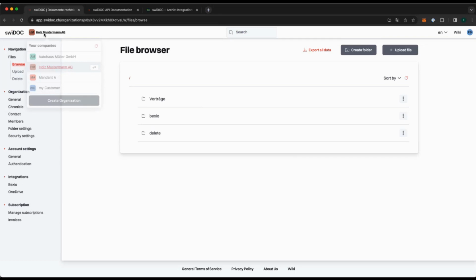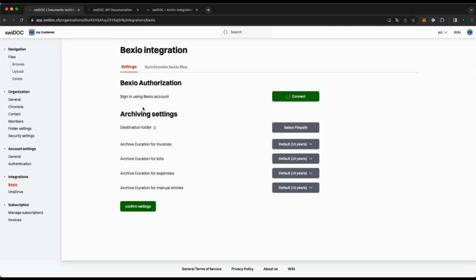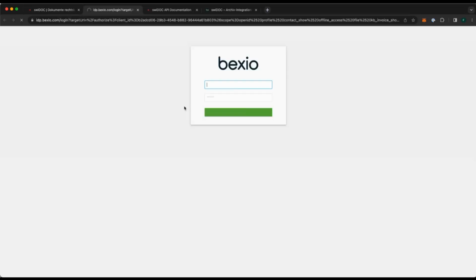So what do we have here? We can switch between different clients as a trustee, or here we have different organizations. Let's say here I have my customer, and now I want to get my files from bexio. I simply go down here, and I can now set up the connection to be able to synchronize files from bexio.